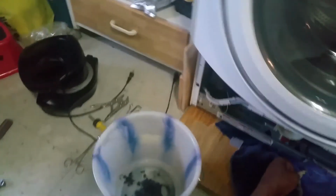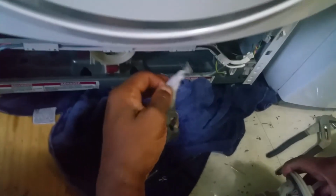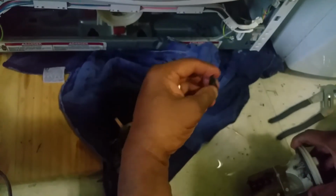We got pieces of plastic. We got rubber bands. Look at that. A baby sock. Let me see. Stuff you be putting in here. We got an ink pen in it. Oh my goodness. These are all the things that came out of the...